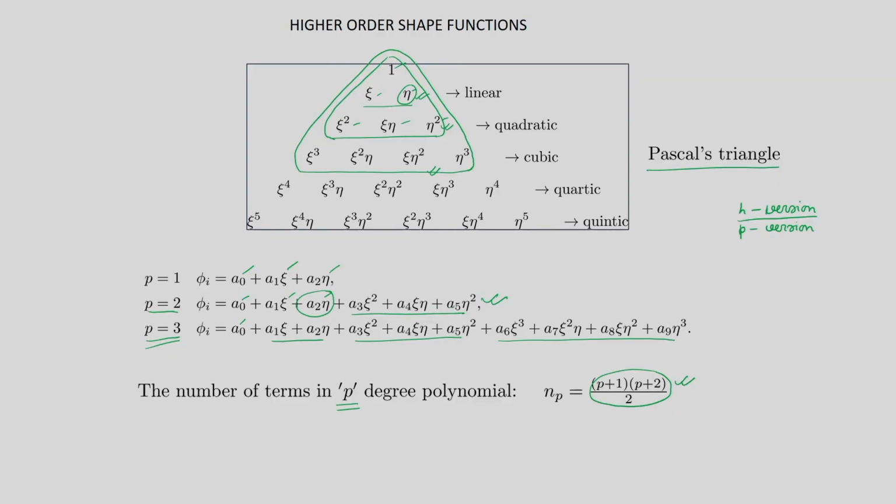So if we specify the value of phi I at 6 points in a given element, then we can uniquely find out all these coefficients, and that will be the definition of phi I. So that will give us 6 equations to solve for, but instead of solving an increasing number of equations, we can directly construct these shape functions just by looking at the points where these shape functions are 0. That is, using the Kronecker delta property of these phi i's, we can easily construct these shape functions. So now let us go ahead and construct them for p equal to 1, 2 and 3.